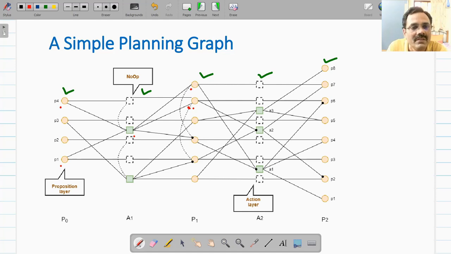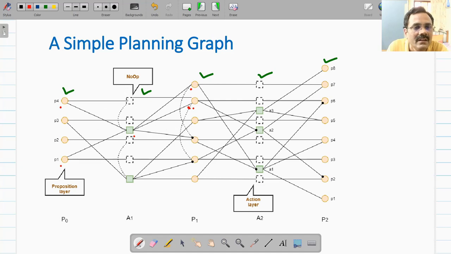And the third type of link we have shown has a solid black dot at its end. That is a negative link, which represents that if you execute that action, then it will delete that particular proposition.